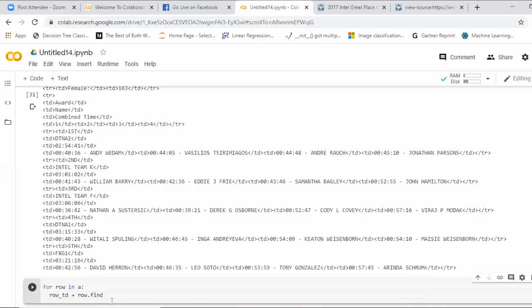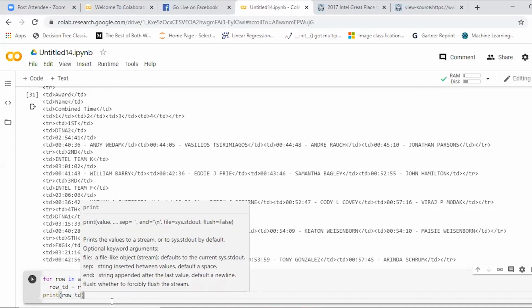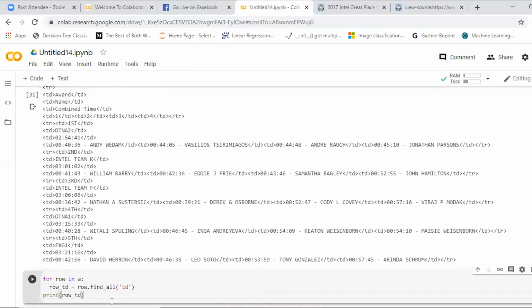We are not dealing with images here because we are directly extracting the tabular data. If you want the image tag, that cannot be done with this, because Beautiful Soup is for extracting the text content of the data. If you want images, we can go for image libraries. You can also extract images, but you take that as a source file and copy that location. So I print row underscore TD. TD stands for table cells. TR stands for table rows. TH stands for table headers. You just run it.